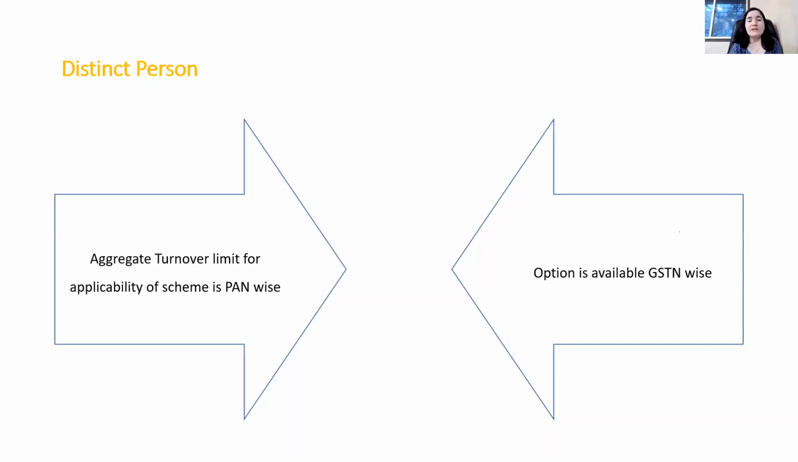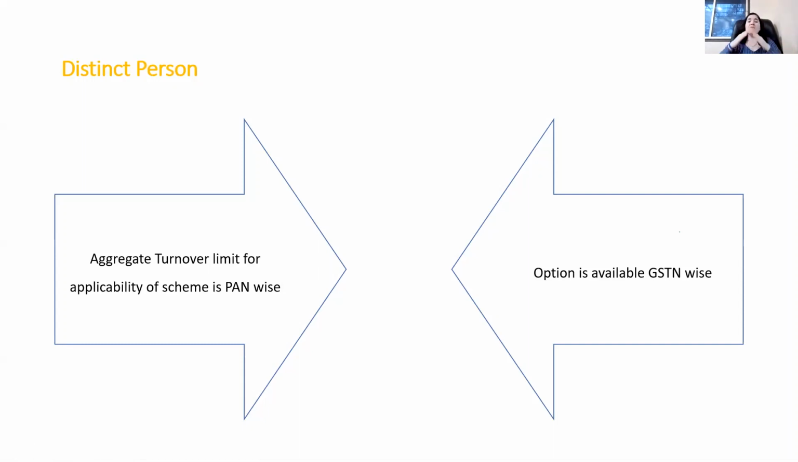But while opting for the scheme, they have given an option that for any branch where you intend to opt, you can opt, or in case of any branch where you don't opt and have to go for the normal scheme, you can opt for the normal scheme. So in our earlier example, if a company has 5 branches and presence in different states, then the company can say